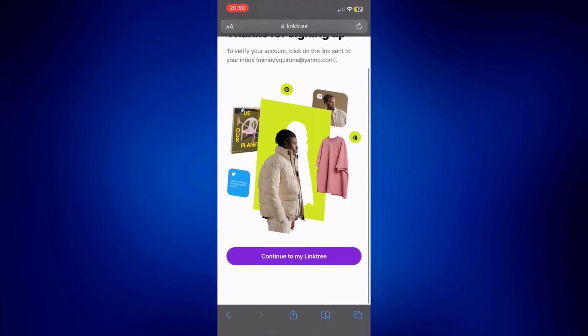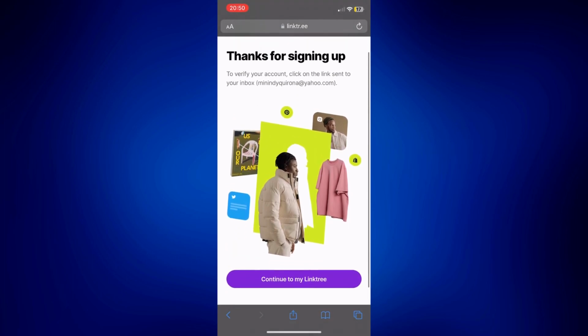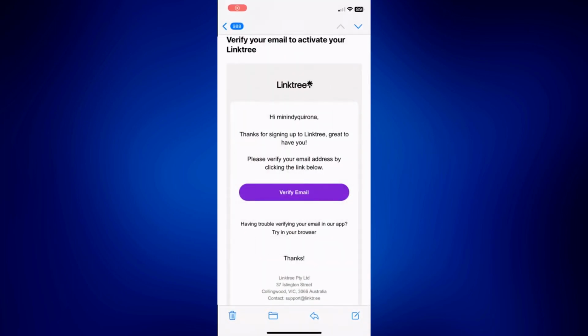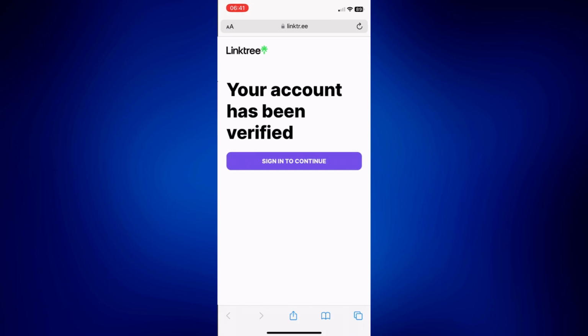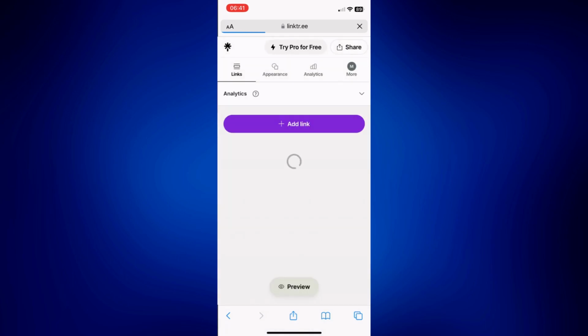Once on the next page, you should see a message to verify your email. So you have to go to that email you used and look for the verify your email from Linktree. So once on the email, just tap on this verify email button and that should bring you to this page. So on this page, all you have to do after seeing your account has been verified is just tap on sign in to continue. Once you tap on sign in to continue, that should bring you to your Linktree page